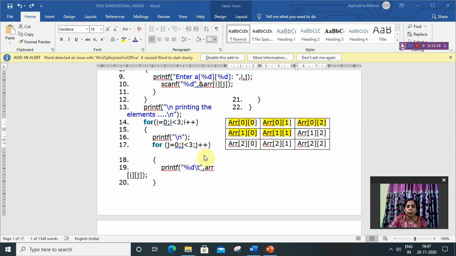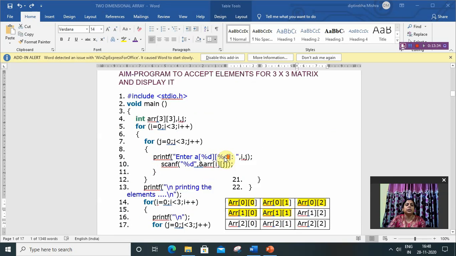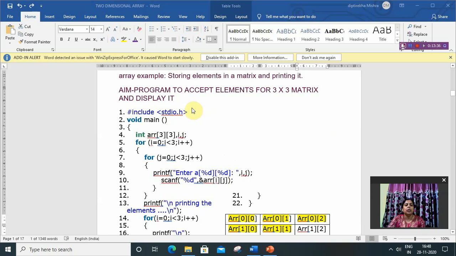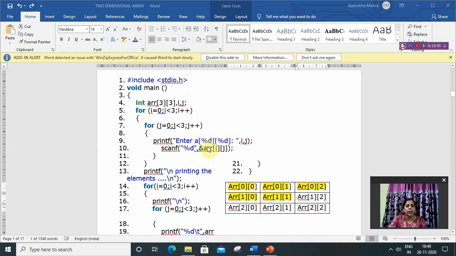When the j loop becomes false and it goes back to the i loop, there is a new line. This means 3 values are on the same line, and after that it goes to the new line. So this example is for entering 9 elements in a 3 cross 3 matrix.